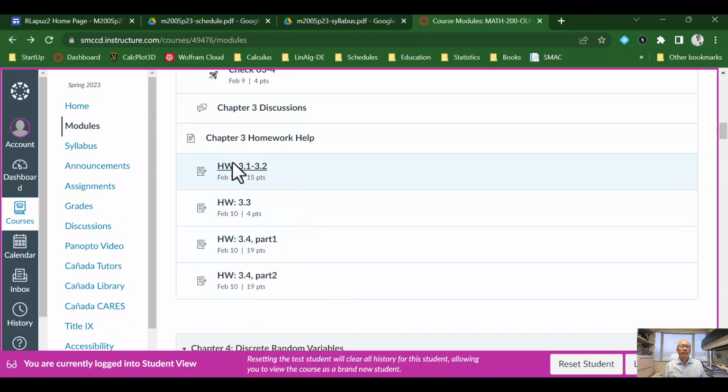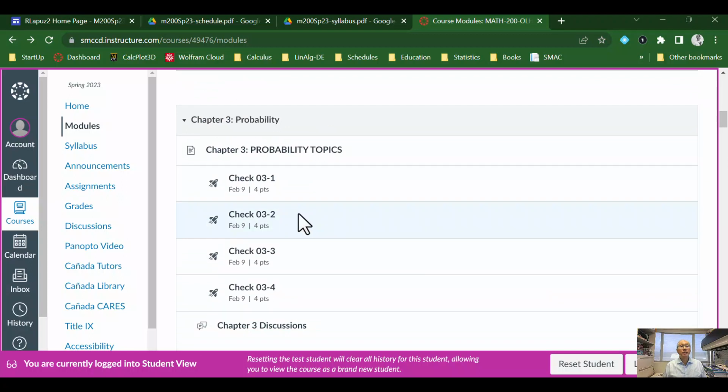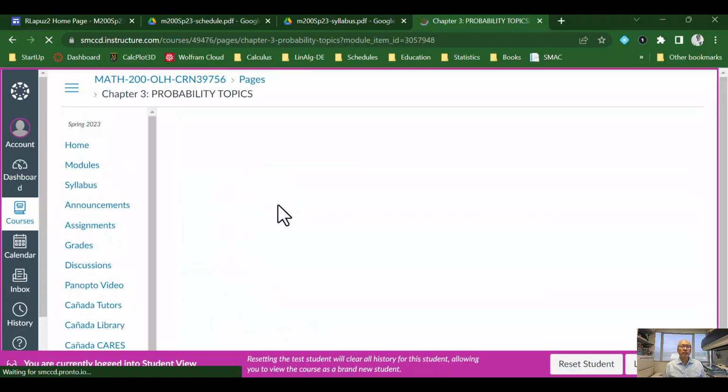And then these are links to the actual homework assignments in the modules as well. So the homework assignments are generally broken down by section, but sometimes a few of the sections are combined, or in this case, there's a section 3.4 that has to be split up into a couple of homework assignments just so it's not too overbearing. Okay, so that's the general setup, and my suggestion is to go through this introduction page